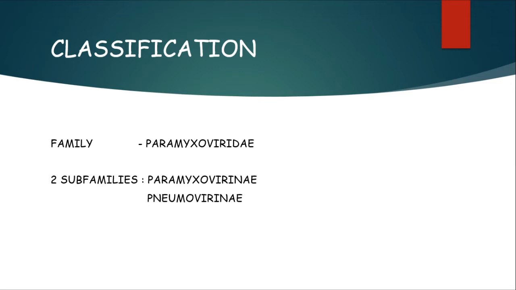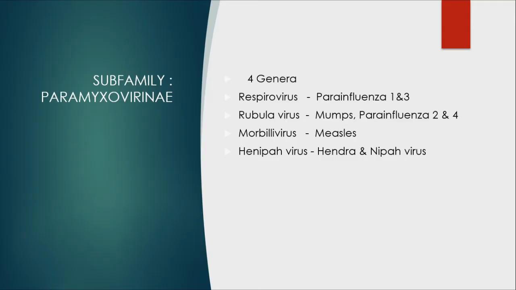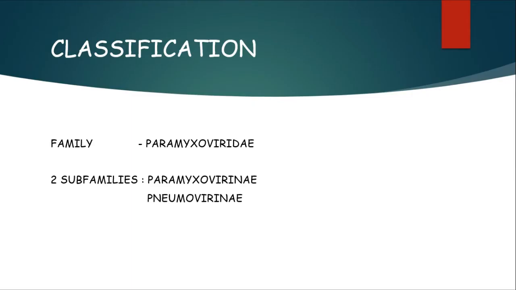Now, talking more about the paramyxo superfamily, Paramyxoviridae. Viridae stands for a group of viruses. So this Paramyxoviridae superfamily has got two subfamilies: Paramyxovirinae and Pneumovirinae. Let's see what are the members coming under Paramyxovirinae. The important members include Respirovirus, parainfluenza 1 and 3; Rubulavirus, which causes mumps, and parainfluenza 2 and 4; Morbillivirus, which causes measles; and Henipavirus, which causes Hendra and Nipah virus. All those come under the Paramyxovirinae subfamily of